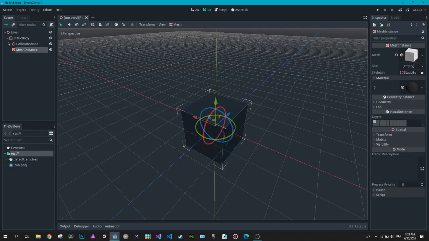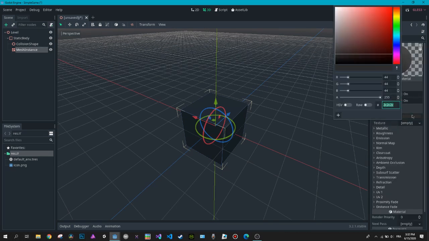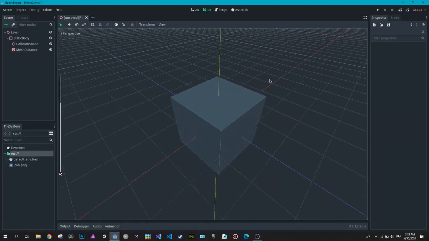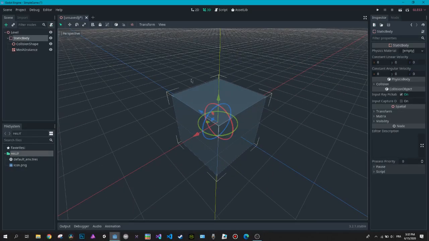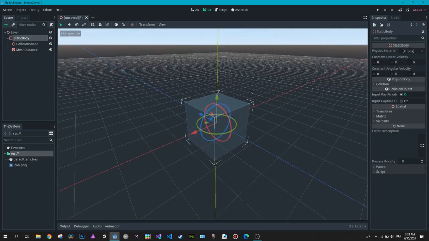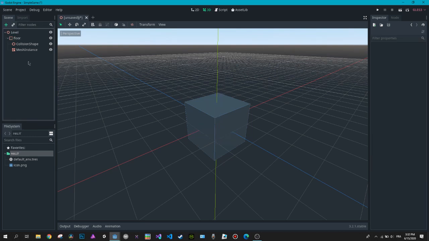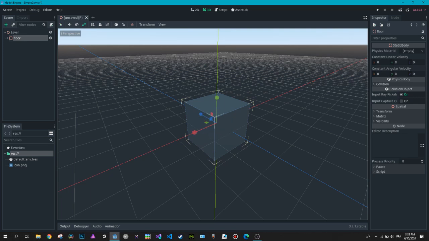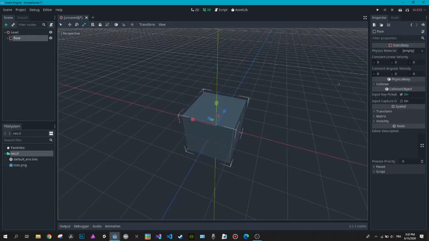And well, let's make this a little bit so that we'll see the shadows at a later point. Now we're gonna rename this to floor, and we're gonna scale this by hitting R, or if you want to be